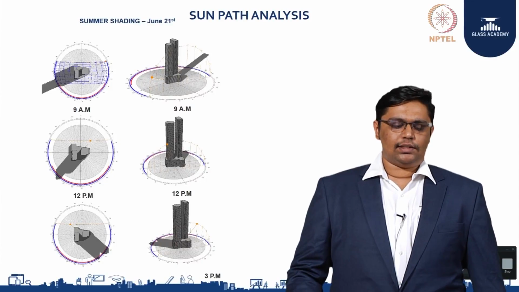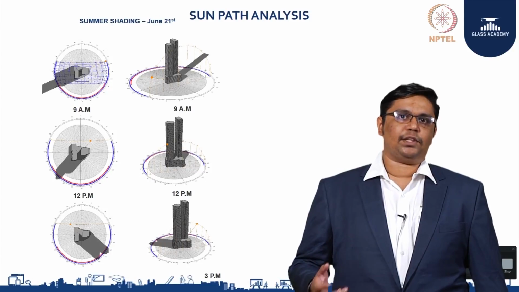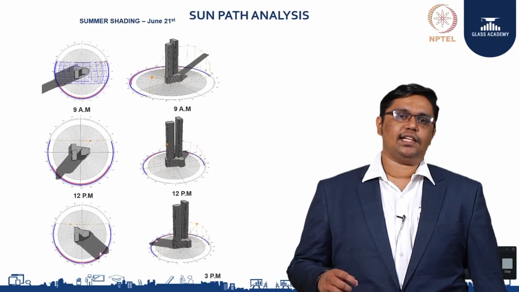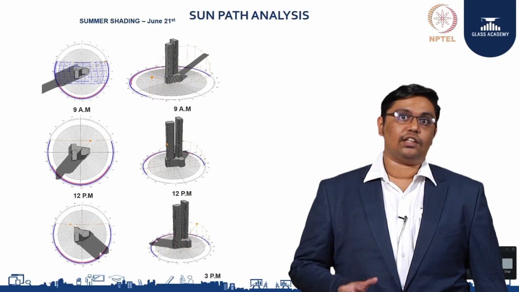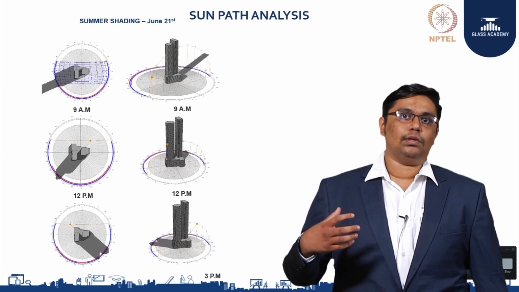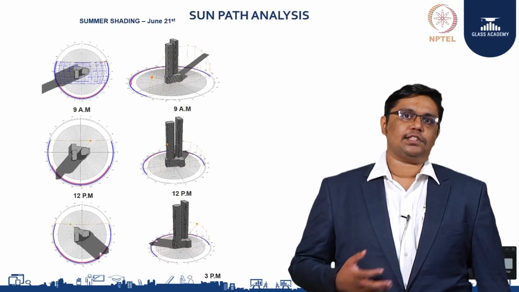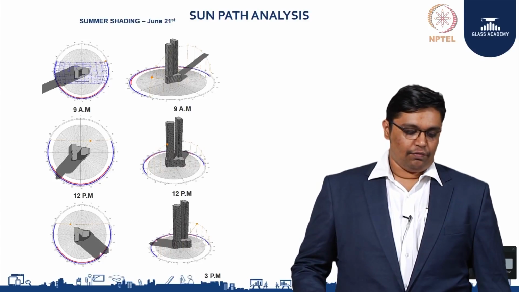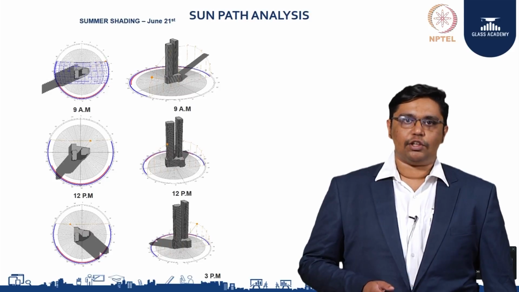We do this sun path analysis to understand the behavior of the sun with respect to the building, how the building is getting shaded by the nearby buildings, and at what part of the year the building gets maximum sunlight and maximum radiation on its surface. All these can be understood based upon this analysis. Here we have done the analysis for two different towers, tower 1 and tower 2.